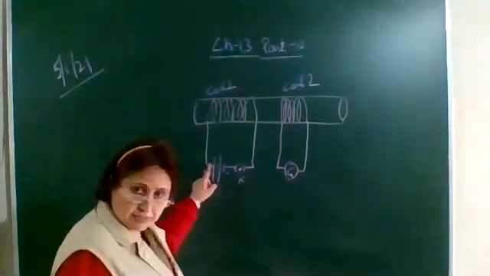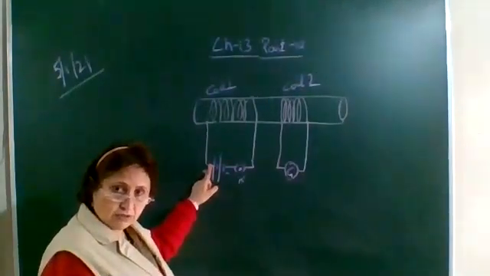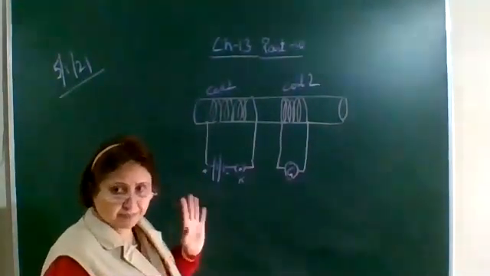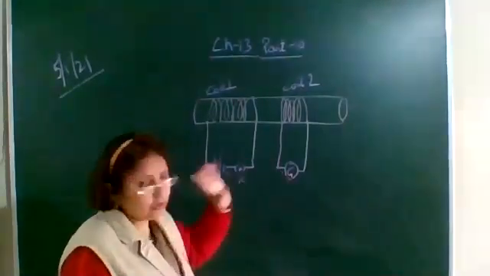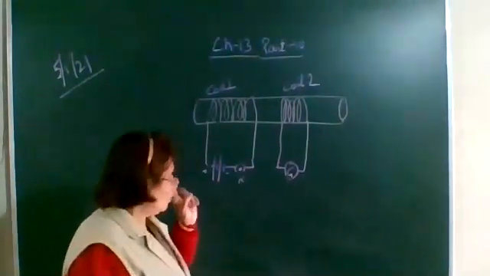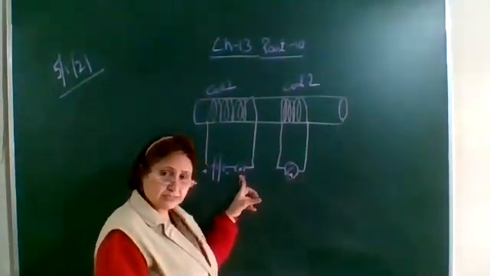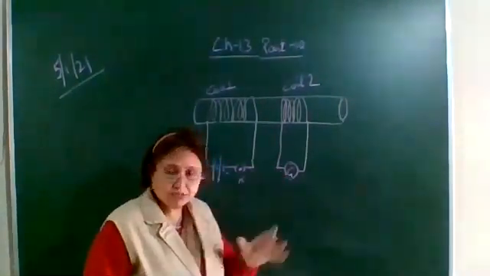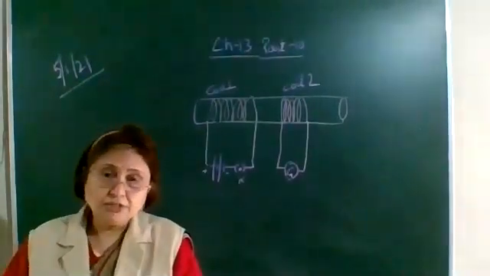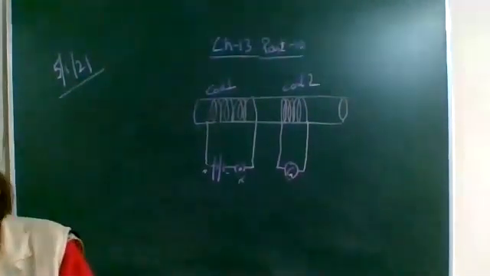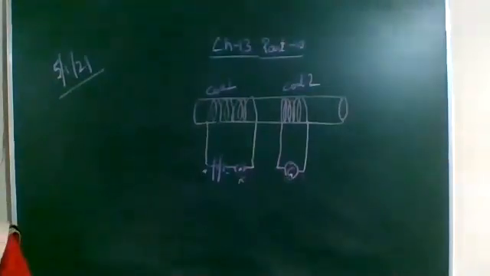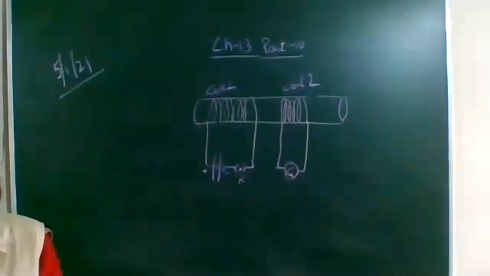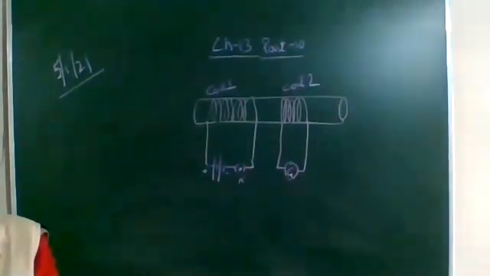So when the current is either 0 in coil 1, or you may say the current is steady, the current is constant, then no deflection in the galvanometer. Only when the key is inserted or when the key is taken out, only in that case, the galvanometer shows a momentary deflection. From these observations, we conclude that a potential difference is induced in coil 2 whenever the electric current in coil 1 is changing.